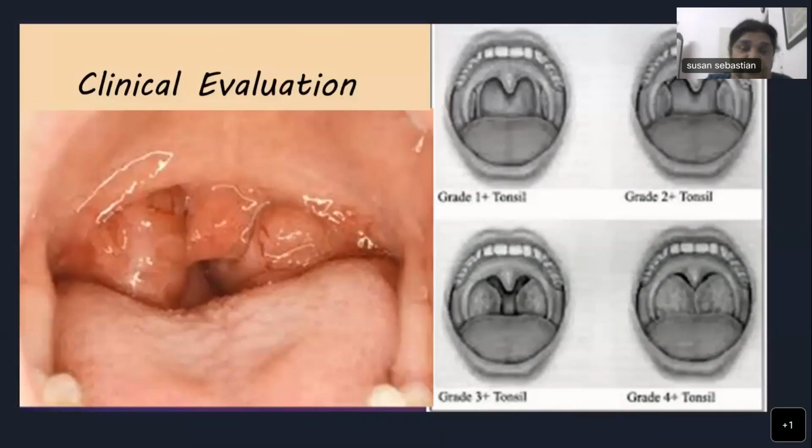Clinical evaluation, of course, you see when you see a child with tonsils like this, you see the tonsils are so huge, grade 4 almost, and the soft palate is just resting on it. And maybe the child will be having a soft palate collapse also. Tonsils can be graded, as you all know, from grade 1 tonsil, which is in the tonsillar fossa, to a grade 4 tonsil, which is kissing tonsil, or which are meeting in the midline. So when a child like this comes, you ask about the other histories also, so as to know whether this child has a mere hypertrophic tonsil or is he suffering from an obstructive sleep apnea.